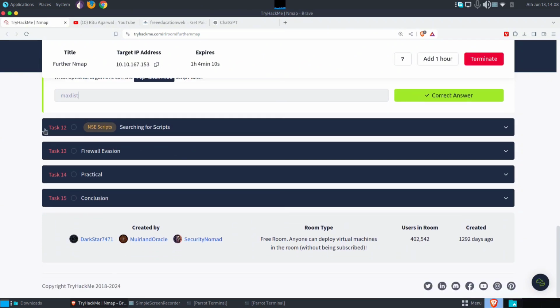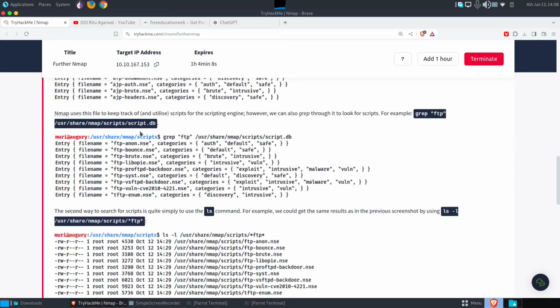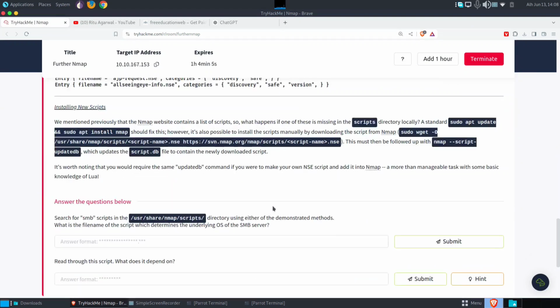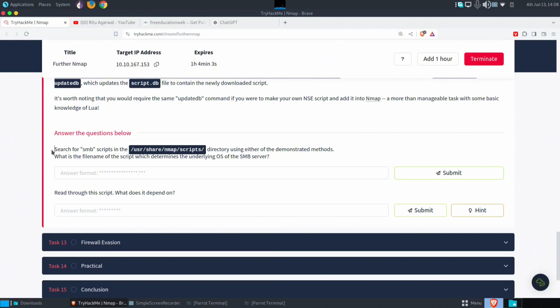So the next part, which is task number 12, which is searching for scripts, we can go ahead and read the first question here. It says searching for SMB scripts in the user share NMAP scripts directory using either of the demonstrated methods, or we can use our own Linux ninja tactics. So we can go ahead and copy this directory over here so that we don't have to type it again